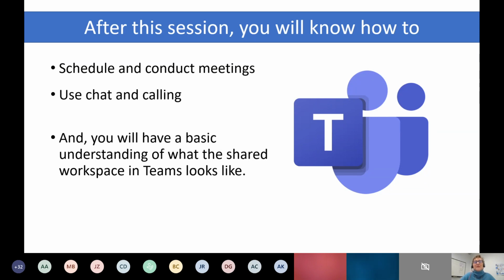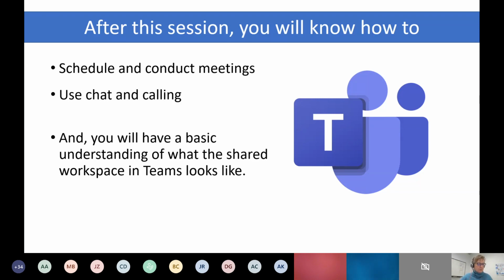You'll know how to use chat and calling, and you'll have a basic understanding of what the shared workspace in Teams looks like. We're not going to emphasize that part of Teams too much because not everyone is an assigned member of a team, and we wanted to focus on the tips and things that we think will be useful for everybody. So that's where we're going.